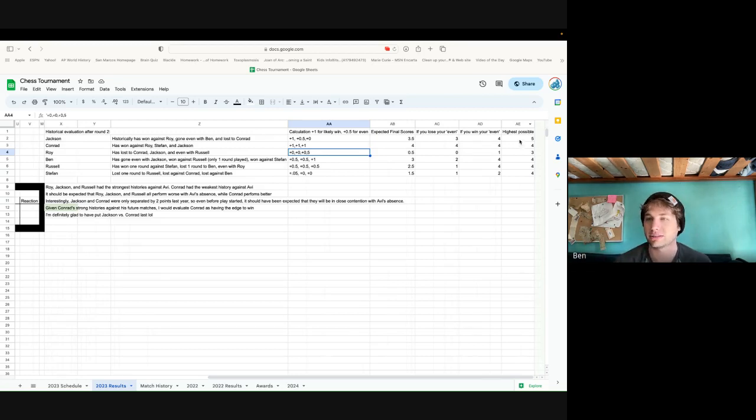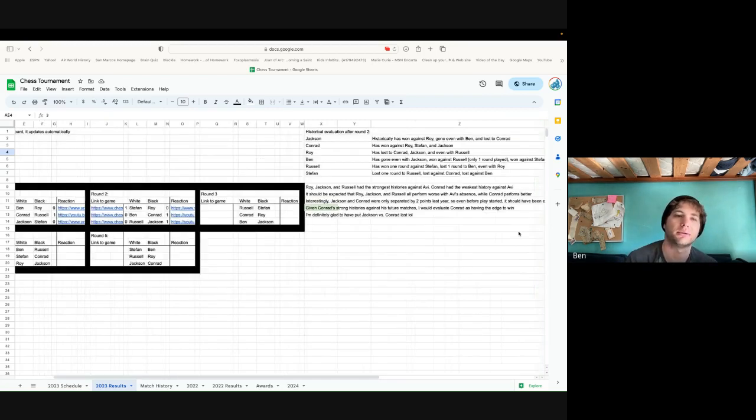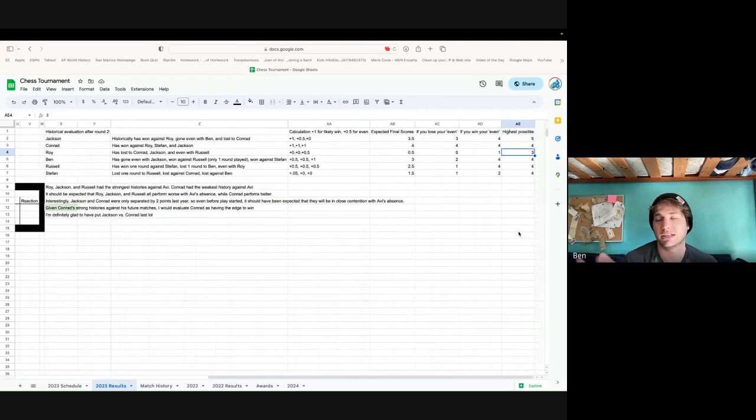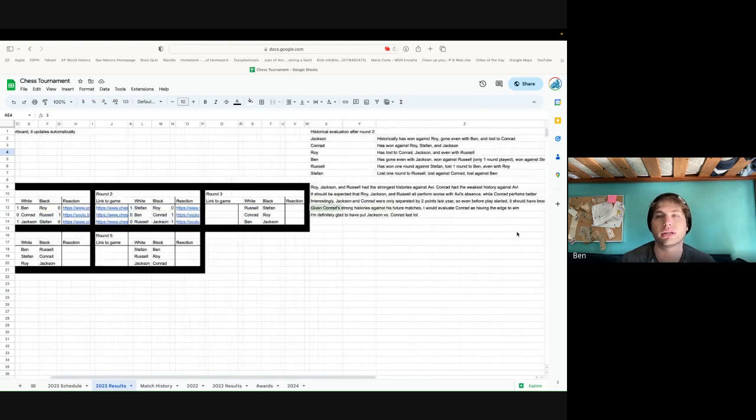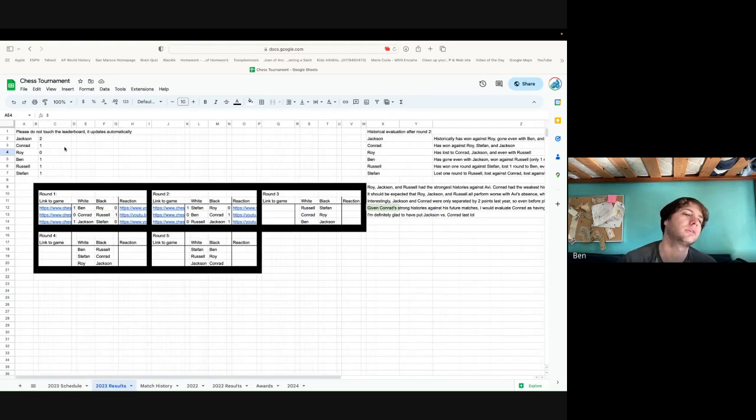If that's the case, Jackson's fully unstoppable. Everyone else besides Roy can still achieve 4 points. Roy, because he's a little bit behind, can only achieve a lower max. That doesn't mean there isn't a path where Roy wins, because he has one. He could win 3 out of 5, which is more than anyone else has done. So let's say Roy wins 1, 2, 3,